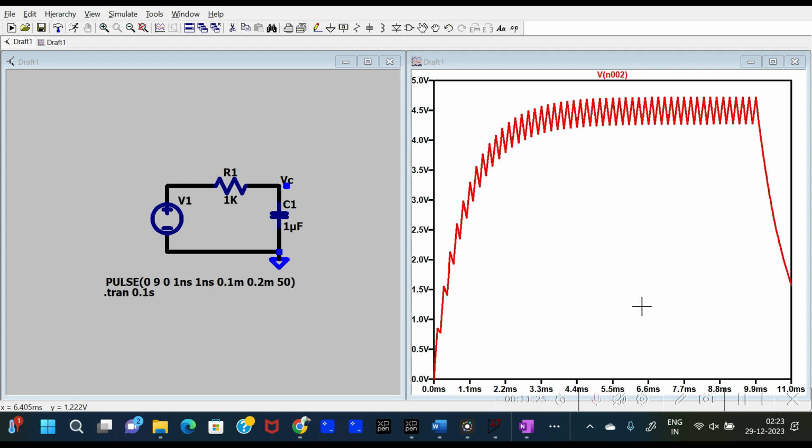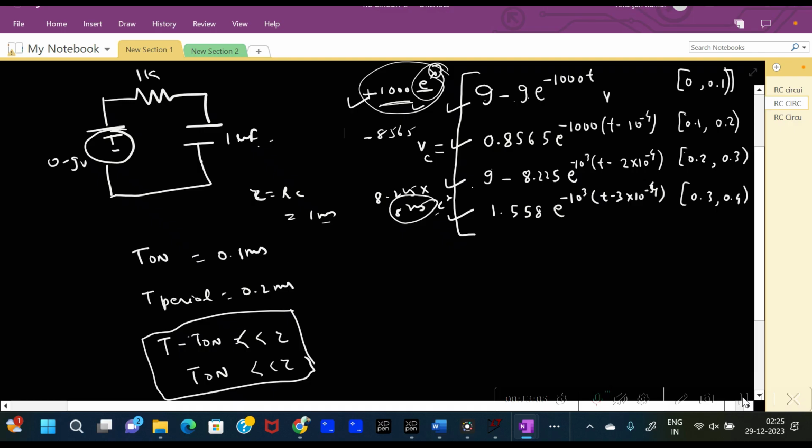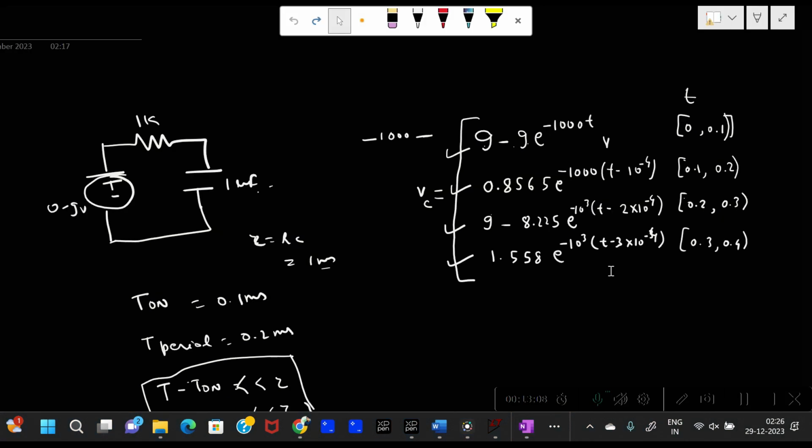There comes a time when the rate of charging of the capacitor equals the rate of discharging of the capacitor, and that is this ideal state of equilibrium. And when we get the voltage equal to 4.5. So if we try to analyze mathematically how the rate of charging and discharging is